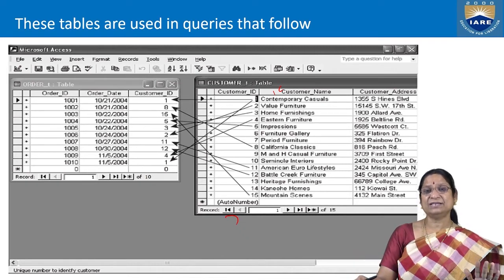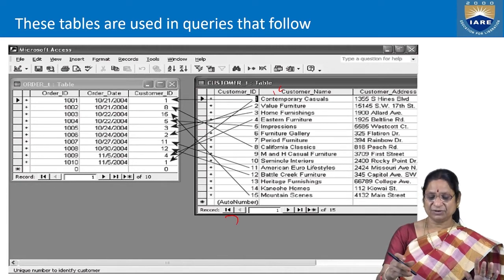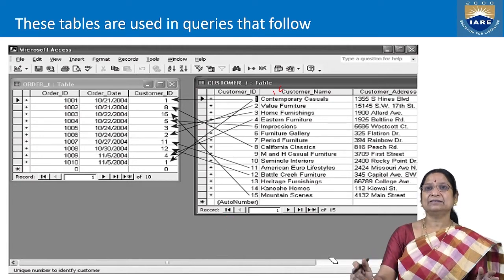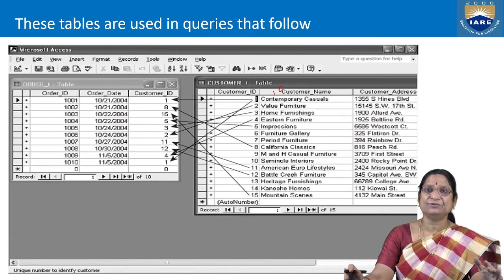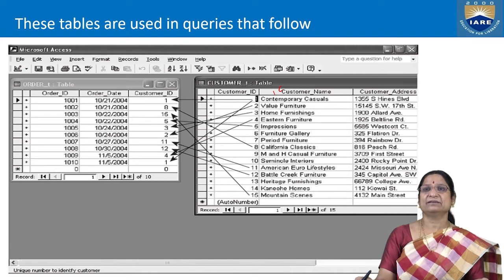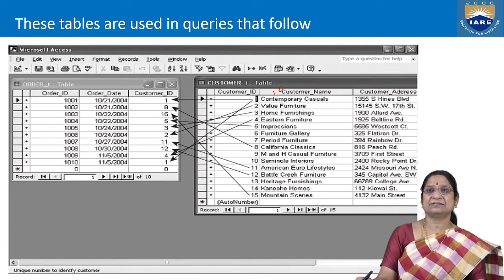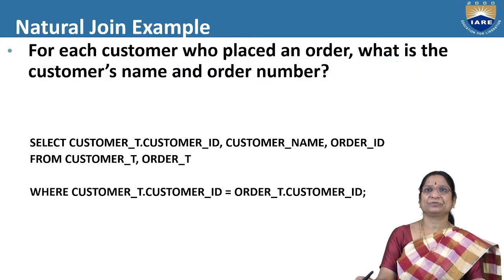Even though there is no such relationship, the join condition holds good. But if such a condition exists, then execution of the join condition is more effective. That's why, if those are not key values, we will use the indices also to make our join process or a search process more effective.